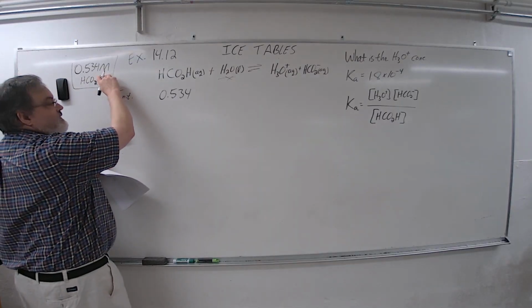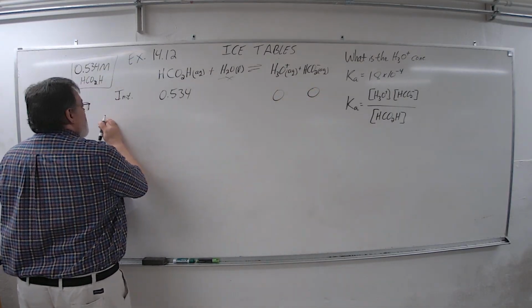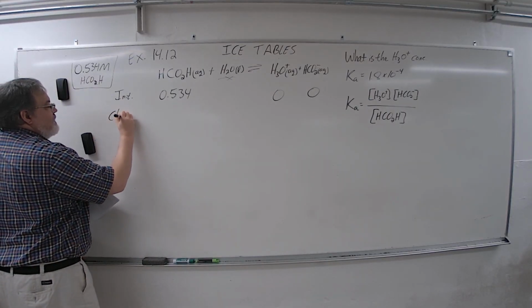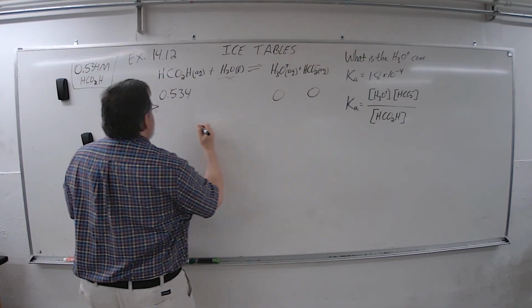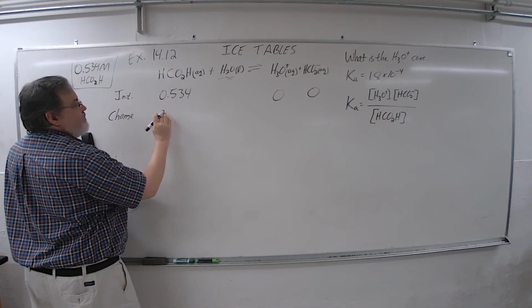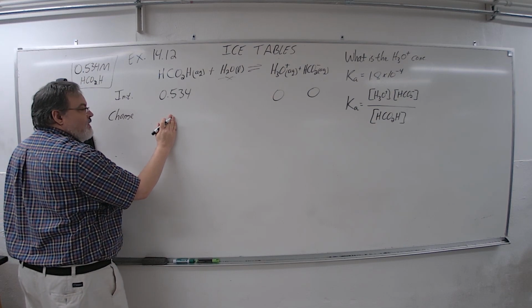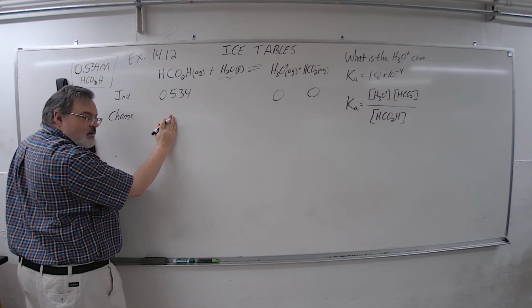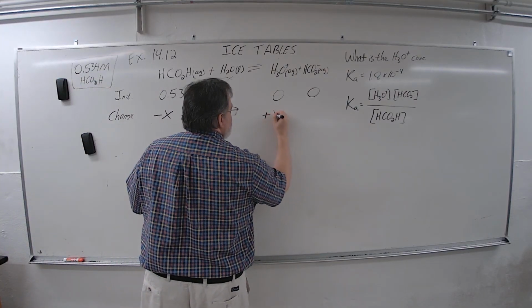So it's this, and we assume this starts at 0 and this starts at 0. Our change, these are all ones, 1 to 1 to 1, so we're going to say, is this change going to be positive or negative? Minus x, and these two are going to be positive x,